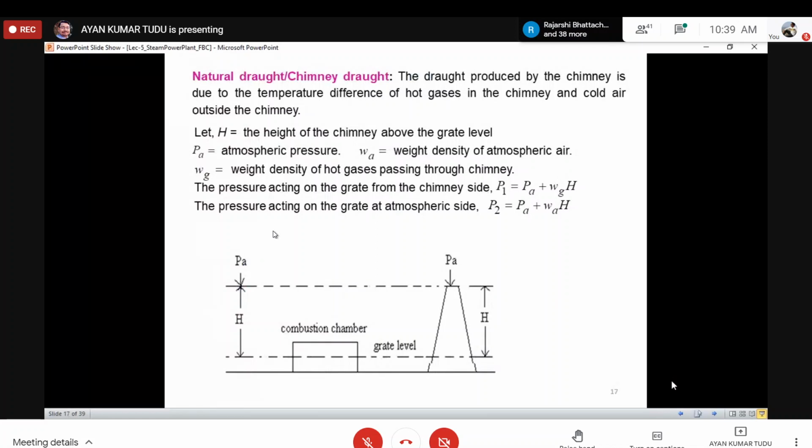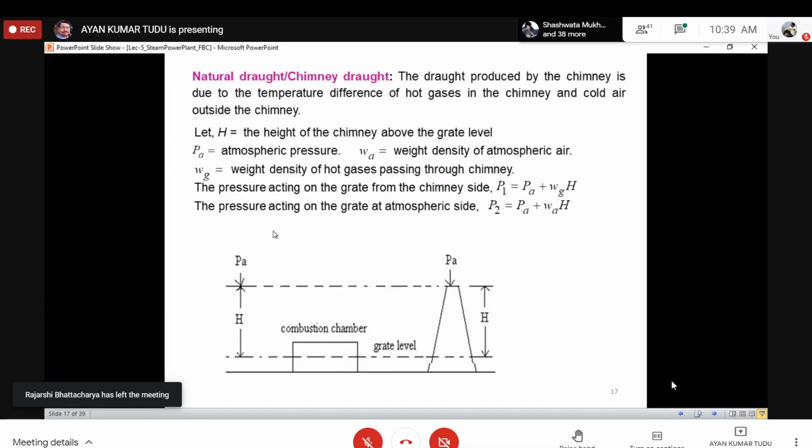As you can see, it is written that the chimney draught or natural draught is produced by the chimney due to the temperature difference between the hot gases in the chimney and the cold air outside the chimney. We have taken H as the height of the chimney